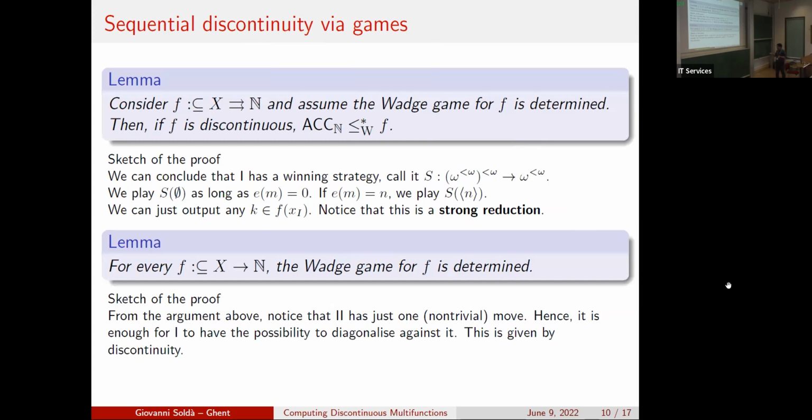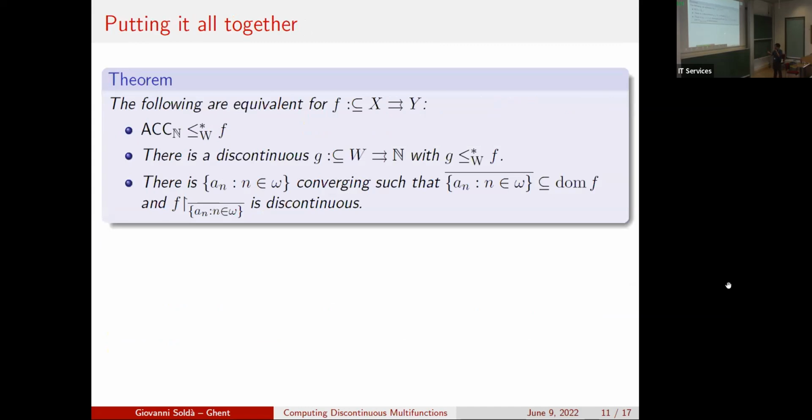So yeah, the idea is essentially that. Either the function is continuous, or if it is discontinuous, then the game is too stupid for player 1 to lose, in the sense that player 2 only has one legal move, and it's easy to diagonalize against it as long as you know that your function is discontinuous. So no amount of determinacy is needed in this case. So we can summarize what is going on